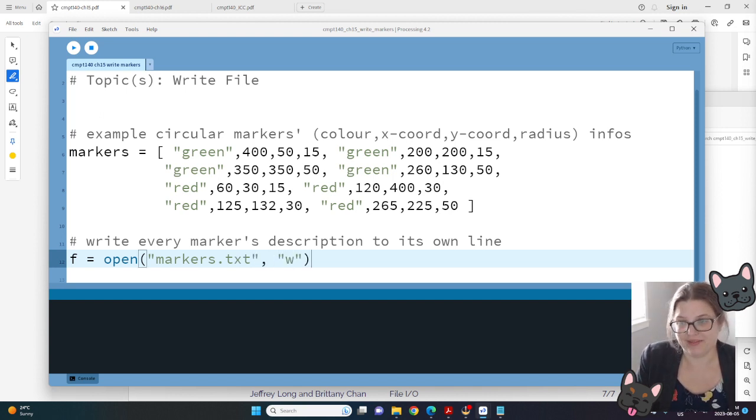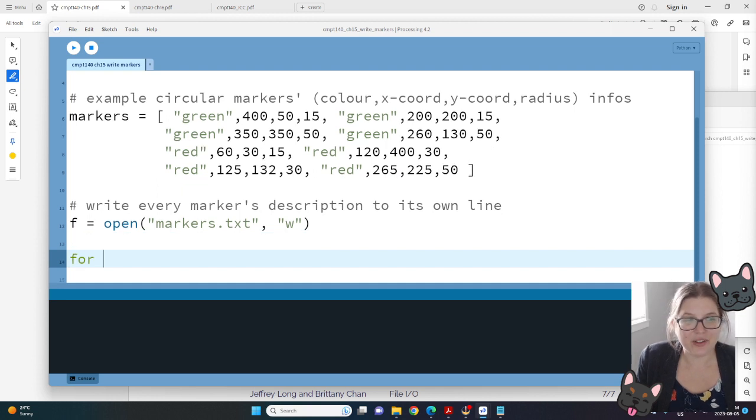So get prepared. I'm then going to go through my whole list here, and again I'll be making a custom range that goes up by 4, since we said every 4 elements are related here and we want to keep them together. So we'll say for m in, and I'm just picking m because it stands for marker range, but you could pick whatever you wanted. 0 to len of markers, and then instead of 2 for our step it'll be 4,